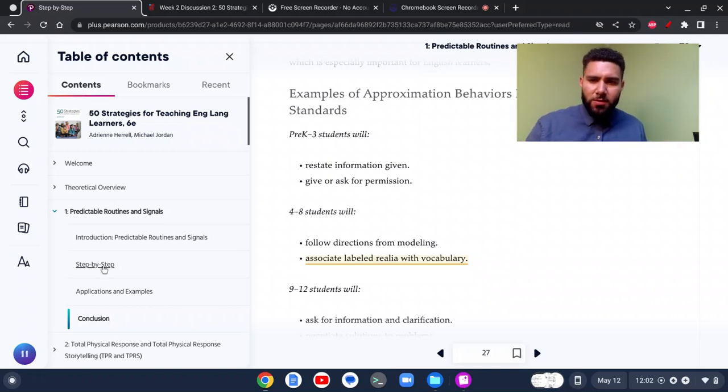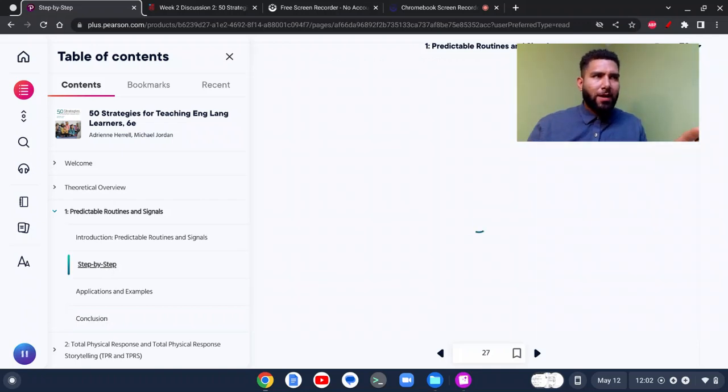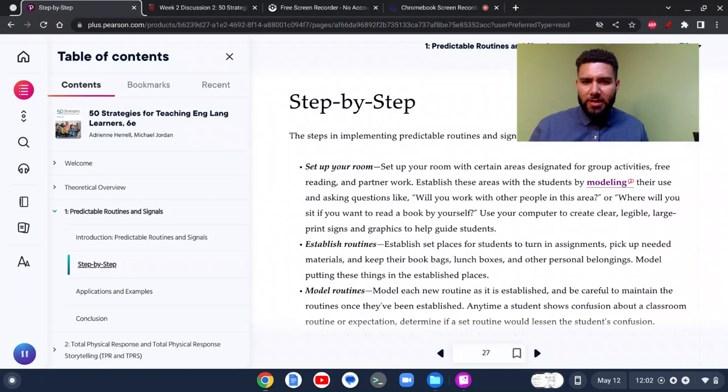So usually when students walk in, they should know exactly where the things are that they can have access to in the classroom. So for example, in my classroom right now, it's a fifth grade class, students know exactly where the printer paper is. They know exactly where they can get pencils, erasers, scissors, paint, anything that they would need,